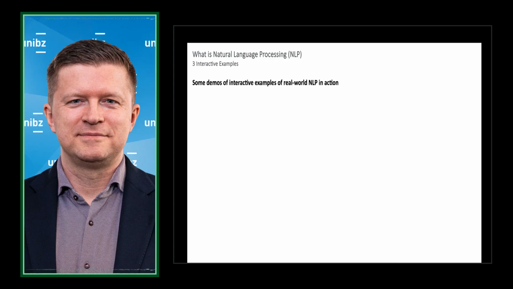So here are some demonstrations of interactive examples or real world examples, just so that we can see real world NLP in action. The most prominent application, of course, right now is chatbots. We all know that. Everybody on the planet knows ChatGPT or any similar model.